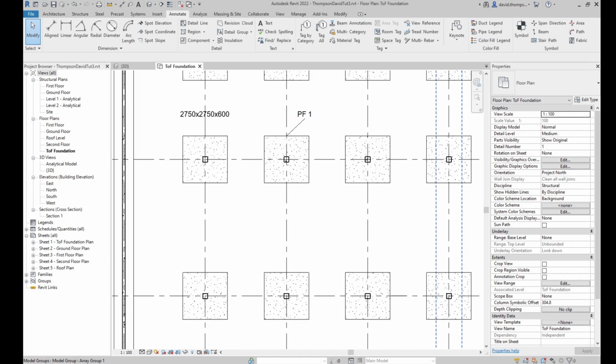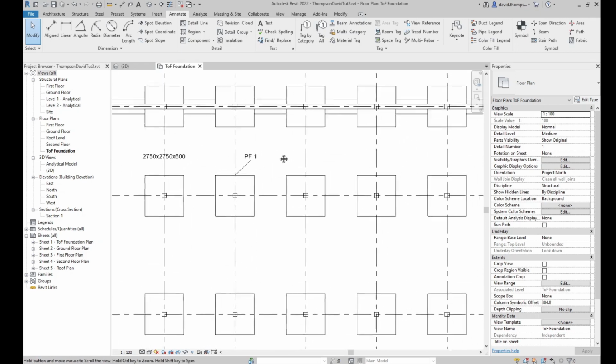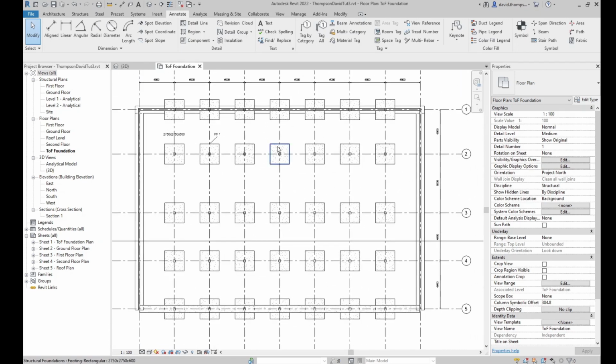What we want to do next is, what you can actually just do yourselves, using the PF1 option tag, we're just going to go around and add a tag to each one of the foundations. So it's all the ones along the top and all the ones along the side. So using what we did there, again, everything is set up ready to go. Just click on tag by category, and then start going along, tagging each one of these with the PF1